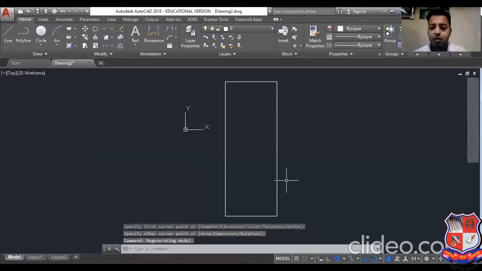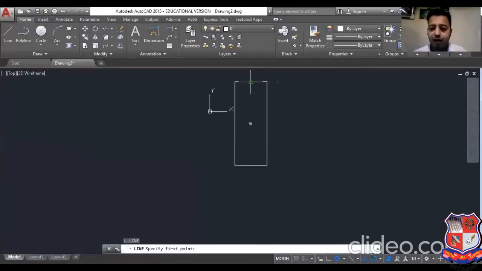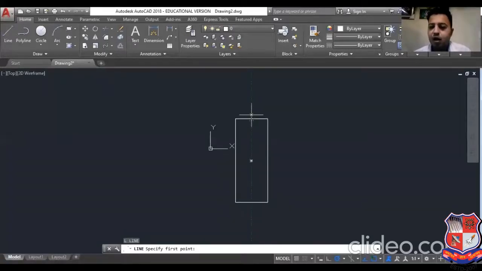So from this midpoint I will create a very small green track. Just put the cursor on the midpoint and only drag the mouse, don't click. Zoom in, select, and only drag the mouse and click on the point from which you want to start.